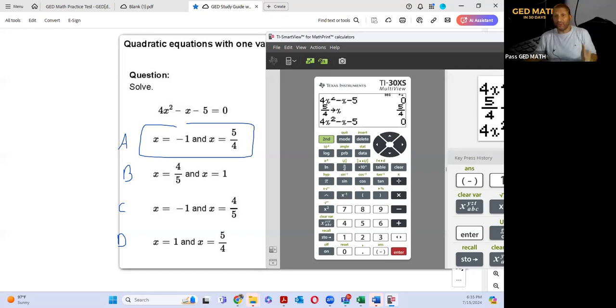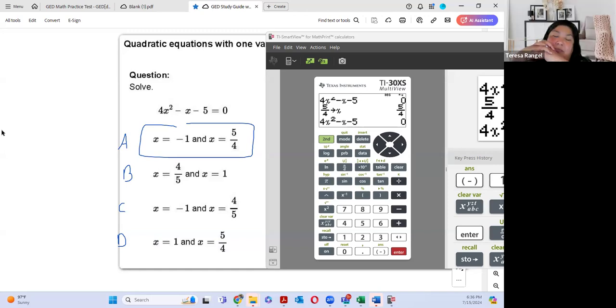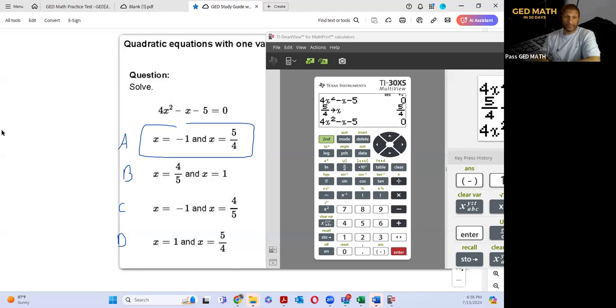This is what I'm trying to tell you. If you take your time, go through this ebook, I'm going to show you, instead of spending 5 minutes on this problem, you spend 30 seconds. Now, I don't have to study how to do this for 2 or 3 weeks. If you're taking an adult education class, how long was your teacher on quadratic equations? At least 2 weeks. Yeah. I just showed you 15 seconds, 30 seconds. And I also show you another way how to identify A, B, and C and put them into the calculator